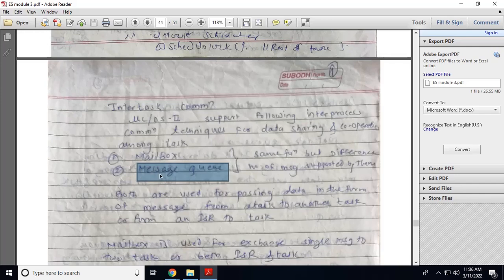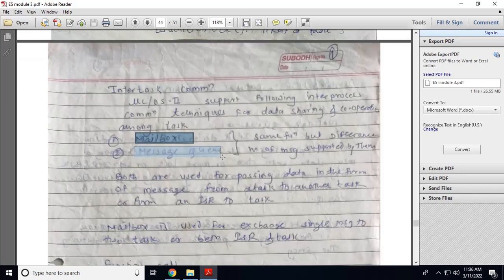Both the function of mailbox and message queue is the same, but the difference is the number of messages supported by them. A message queue will support multiple messages and the mailbox will support a single message. A single message can be broadcast to multiple clients. The task which creates a mailbox is a server. Another task which wants to receive that message can subscribe to that mailbox, and this task is called a client. So, server-client architecture. A mailbox can post a single message and it can be broadcast to multiple tasks. The task which is interested in that message can read the message.